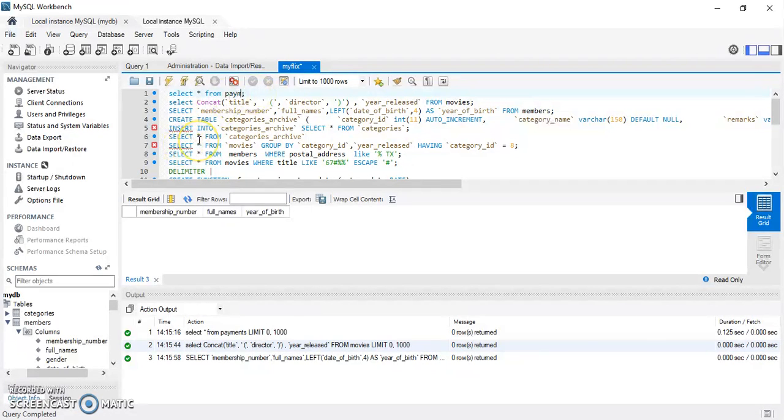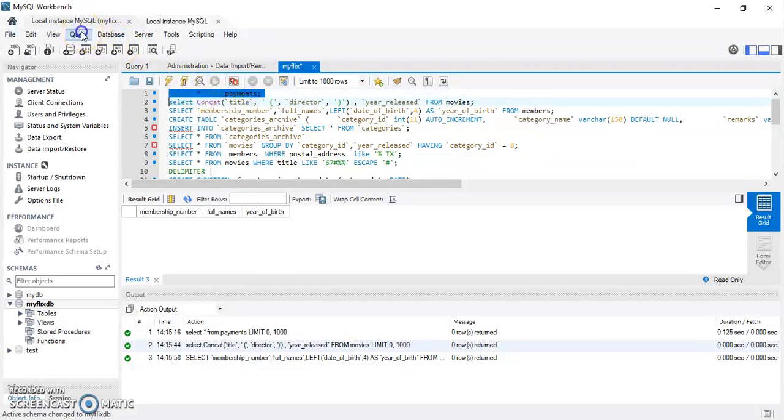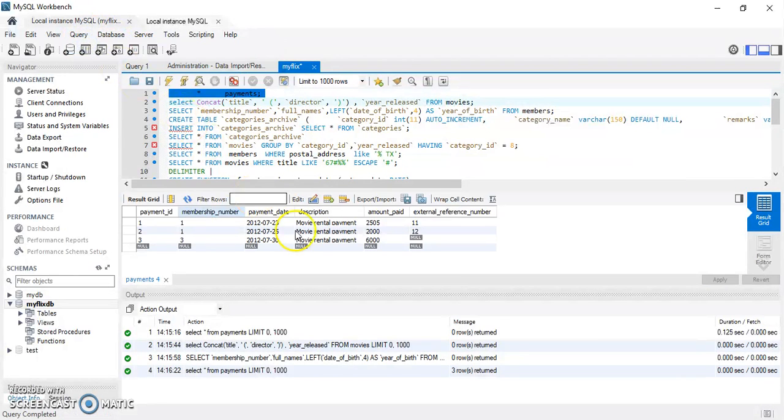So as you can see, this query does not give any result because the tables here are blank, so we will work on the other database wherein we have some entries. So let me again run these queries. So select star from payment. So here you get all the details regarding the payment, the membership numbers, the IDs, the date, and the amount which is paid. Now this next query